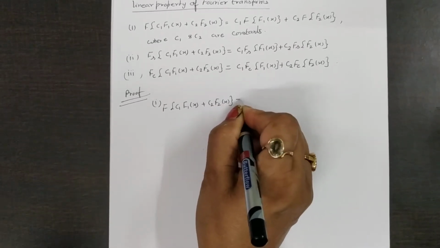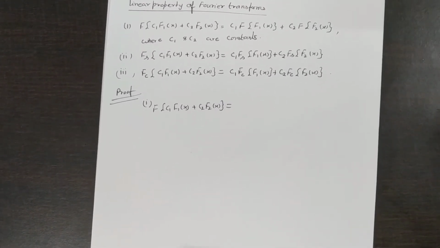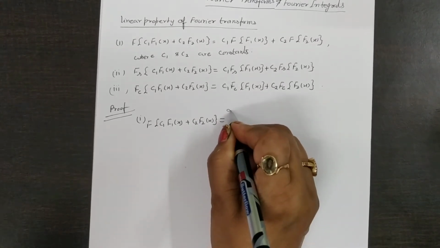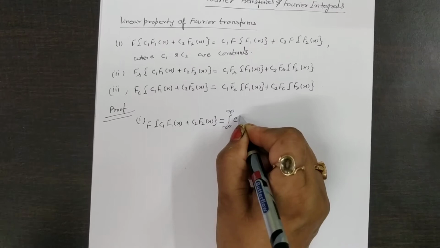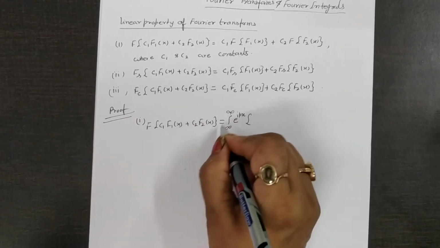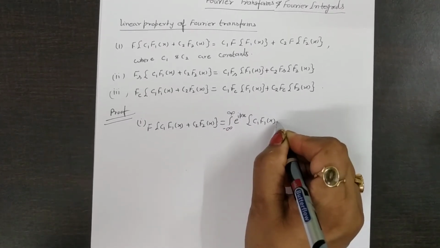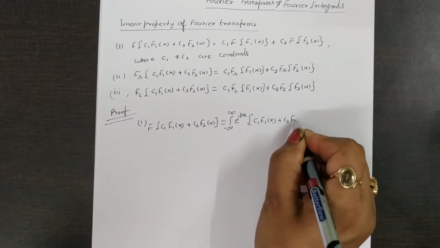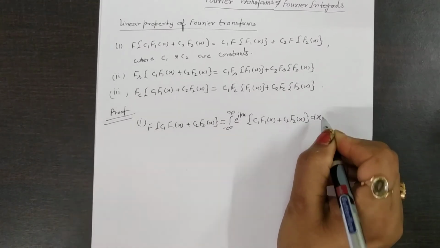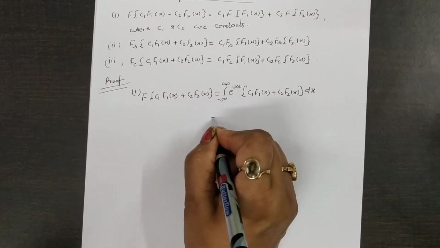Here we use the definition of the Fourier transform, which is the integral from minus infinity to infinity of e^(ipx) times the function c1 f1(x) + c2 f2(x) dx. This can be written as c1